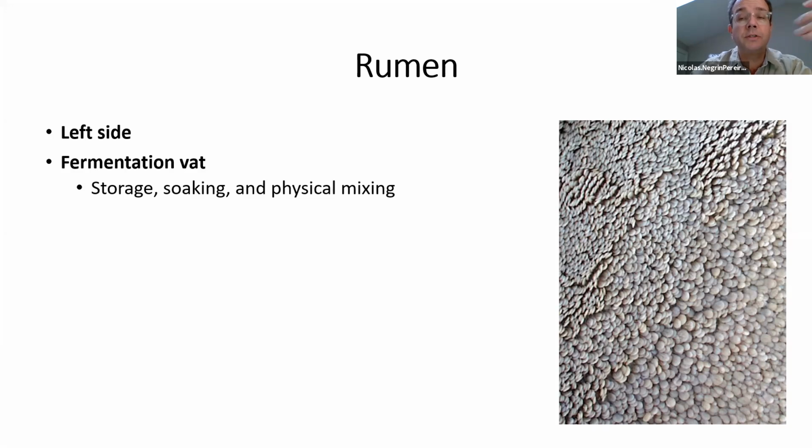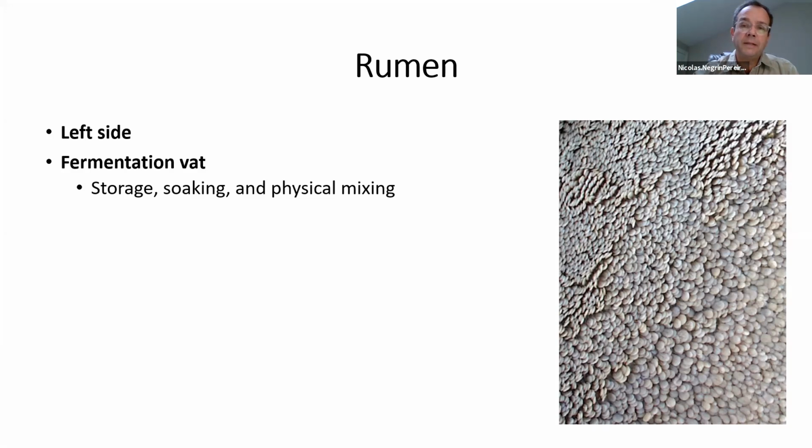So it is in the rumen that a series of roles are fulfilled. First of all, storage. Ruminants are grazers, so they eat a high volume of grass, if you think about it. So they need a huge stomach to contain all that volume of forage. It is a place